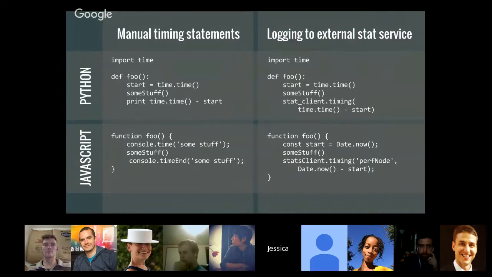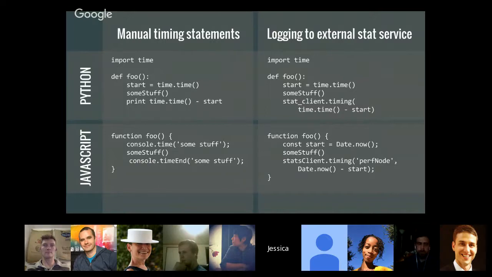There's also logging, again using StatsD. On the right side, I'm logging to an external stat service; this stat client is something that we have at Pinterest. We have a StatsD service that outputs graphs. So I'm able to put timing statements here that output the time to the service, and it gives me a nice graph of how long these things are taking.